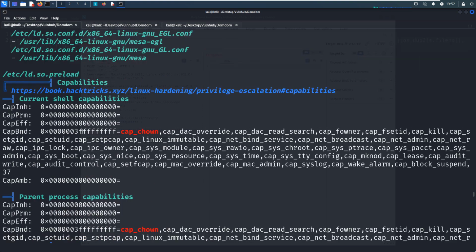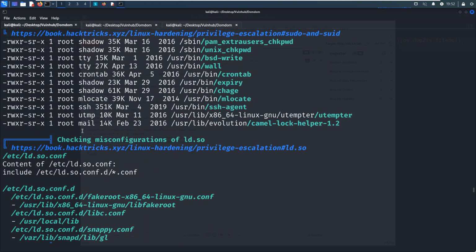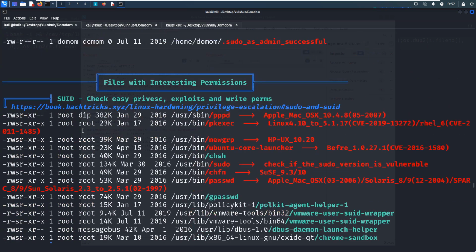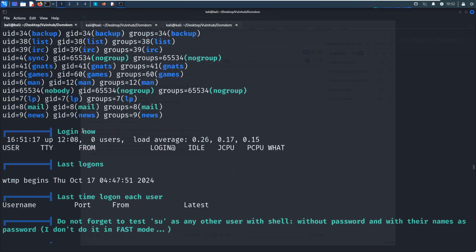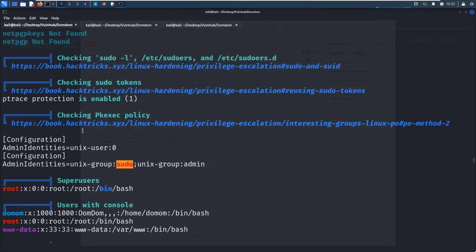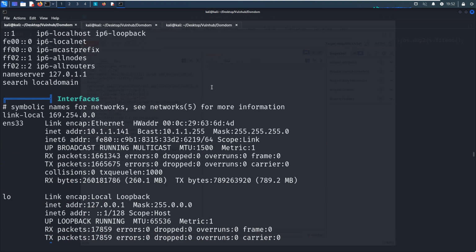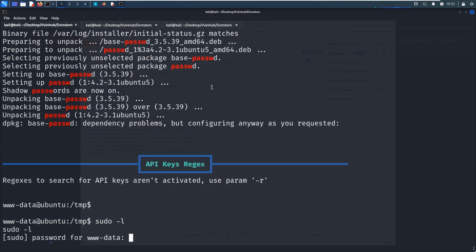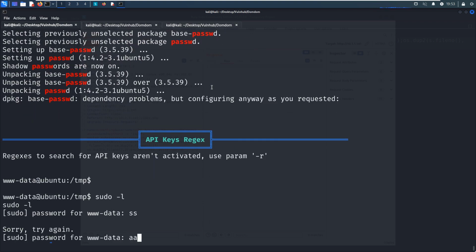And what we've got, the sudo, even the www-data is a member of sudo. Interesting. So next, I think we can try sudo. Of course, no password for www-data.